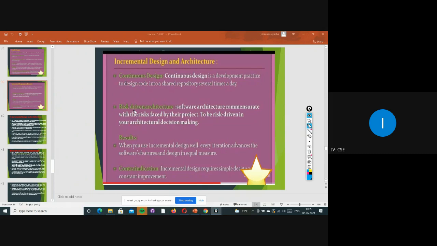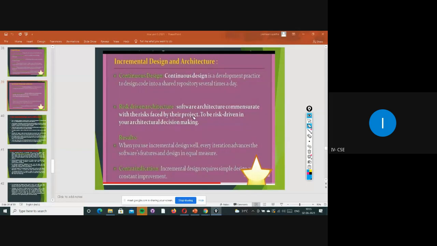So risk driven architecture is nothing but, first of all, a software architecture that has faced a lot of risk in their projects, when they were developing, while they were working in that particular project. They have faced a lot of problems in that, right?